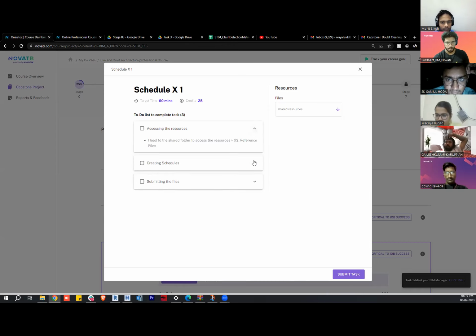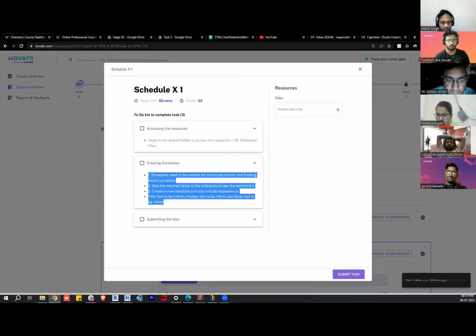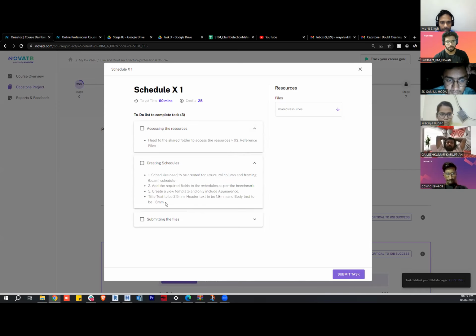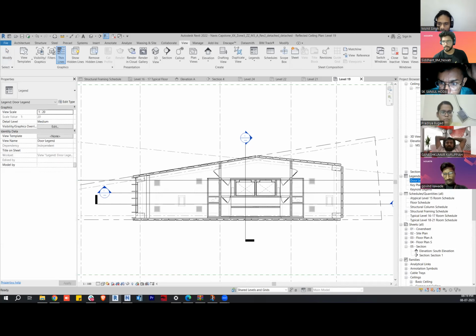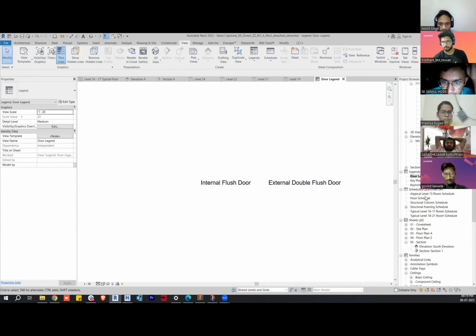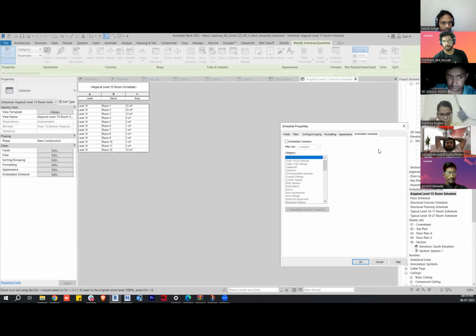Schedule. You guys have already created a schedule of the beams and columns in stage 8. You can just do that again and add it to the sheet. Create a view template. Since this is adding a schedule, add a title text. You know how to add a title to your schedule, right? If you just go to schedule over here, let's assume that this is the schedule, and here you just want to update this. To update this, you just have to go to